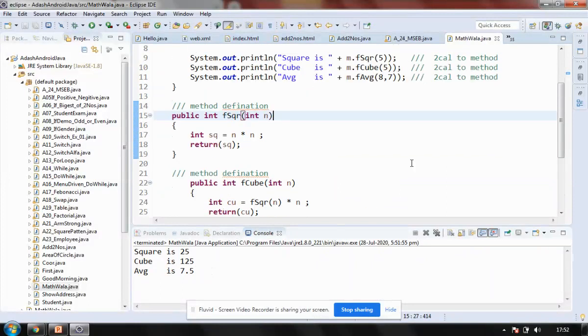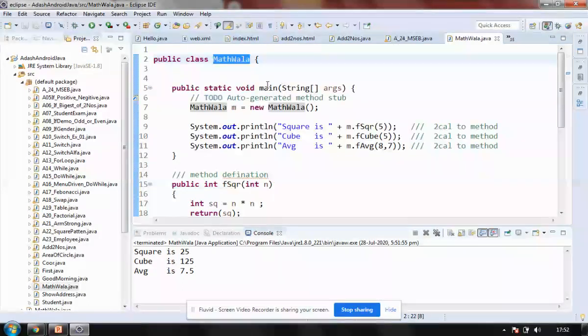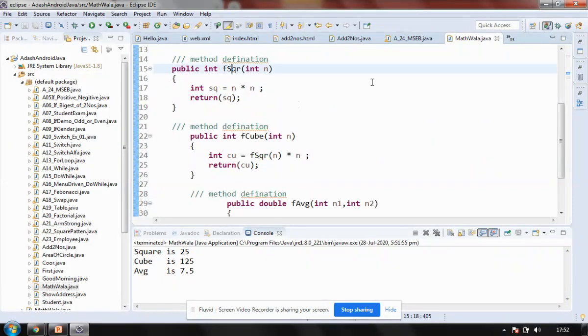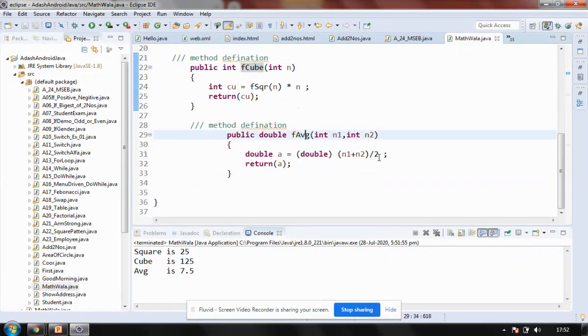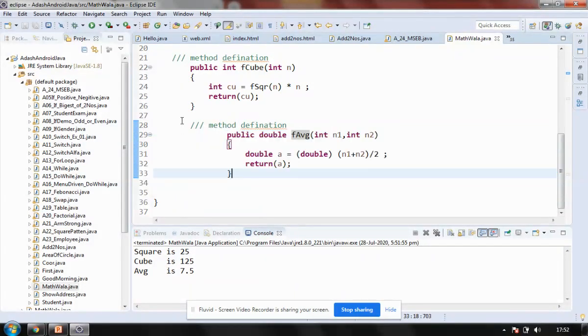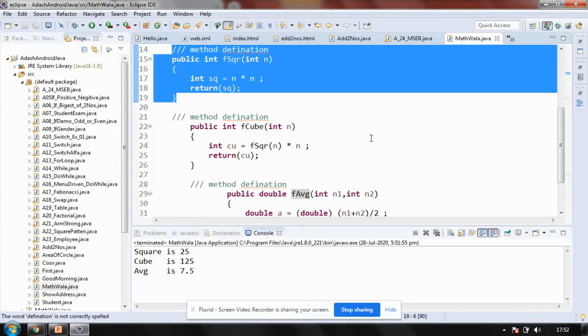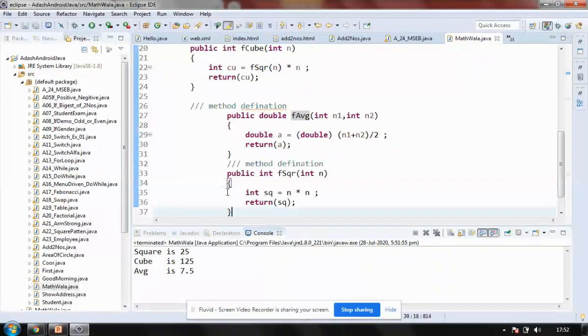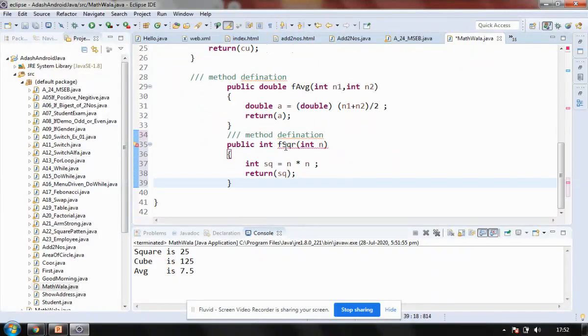Fine. So see, step by step, our maths function is containing three different user functions to get square, to get cube, to get average. Now we want to go with another function. And what is it? Again, it is going to get a power of the number as we talked. How to get a power of the number? It's again very simple. I will rename this. I prefer writing f, that is for functions. It's my prefix. It's not compulsory. So I'll be saying power. What is power? Power is having two basic operands. First it is having base, and next it is having index.